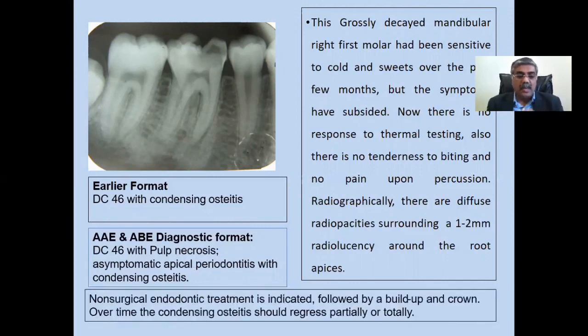So accordingly, it may help the practitioner plan a good treatment for the tooth. The treatment plan would be a non-surgical endodontic treatment followed by build-up and crown, and generally over time the condensing osteitis would regress partially or totally. So this is how the treatment is planned and the prognosis is assessed. Now let us